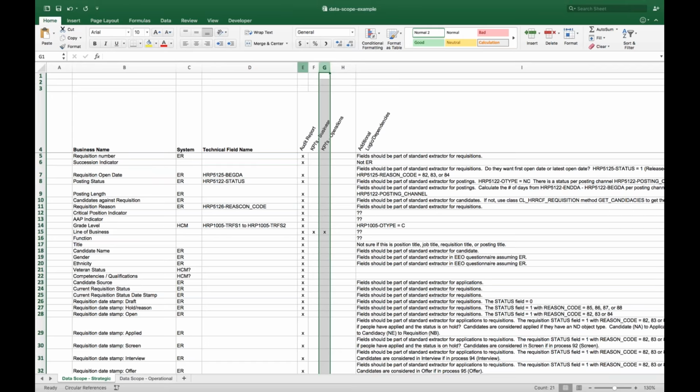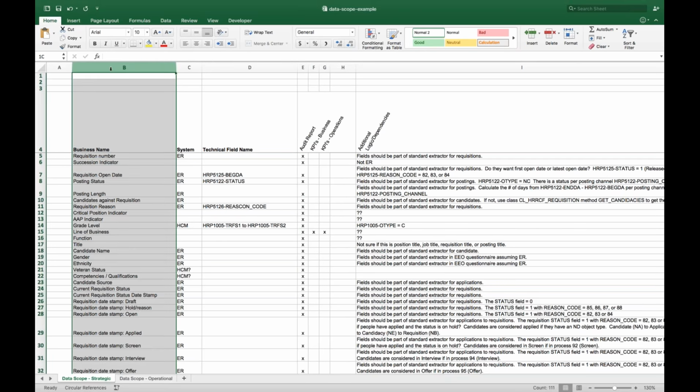And we'll talk about audit reports as well. Usually, anytime that you have a dashboard, there are audit reports associated with that, so we'll walk through that as well. Now, over on the left-hand side, you'll see we have a business name.